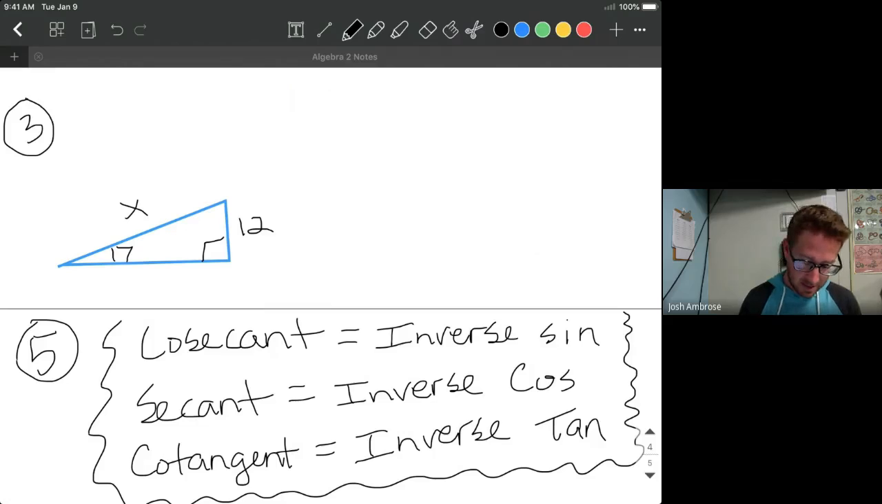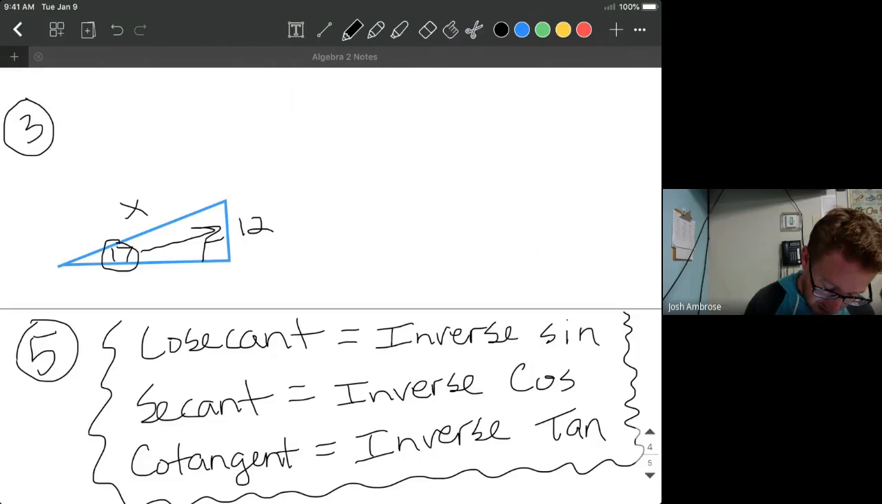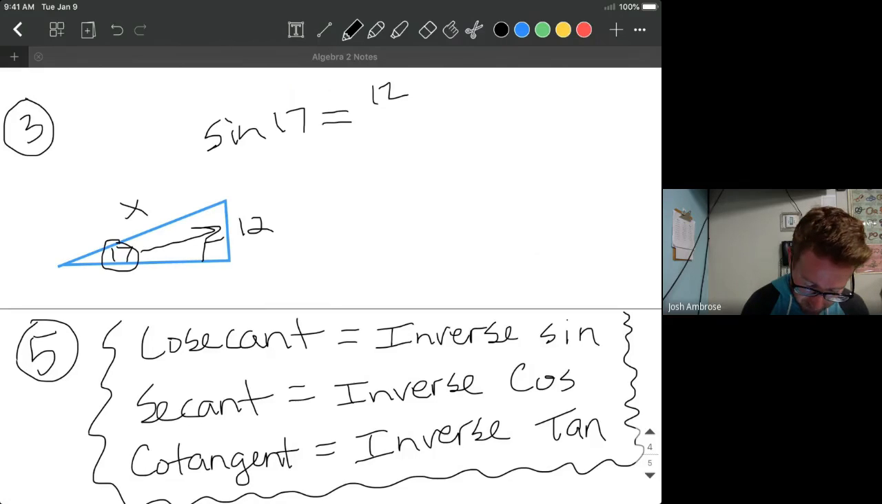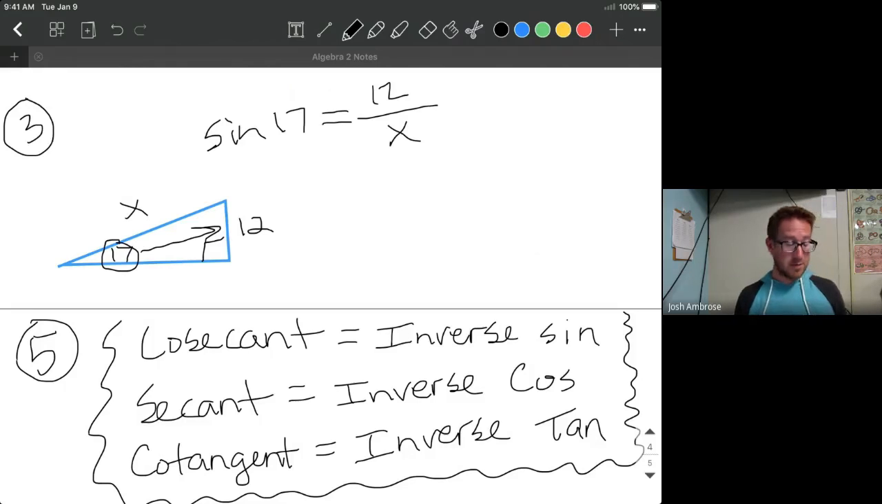Well, if I look at the 17 degrees, I see something that is opposite of the 17. And then I see I'm looking for the hypotenuse, which is the unknown side. So again, what uses opposite and hypotenuse? That's the sine. So we have the sine of 17 equals 12 over x. Now, if you look back in the problem, they even use the phrase to the nearest inch